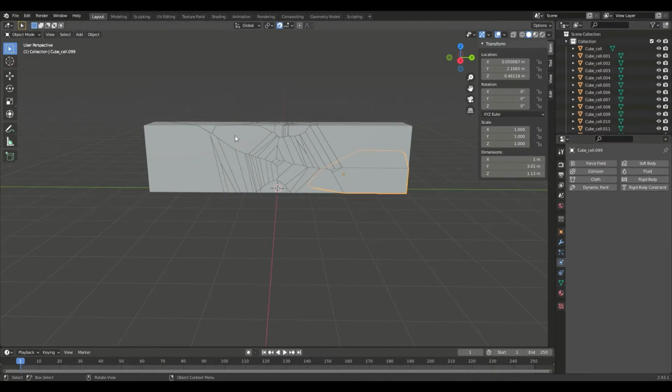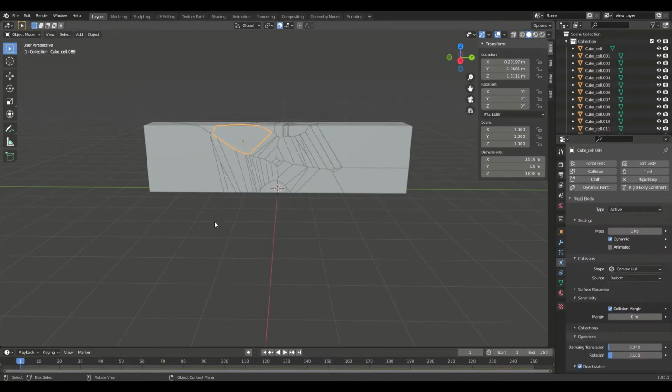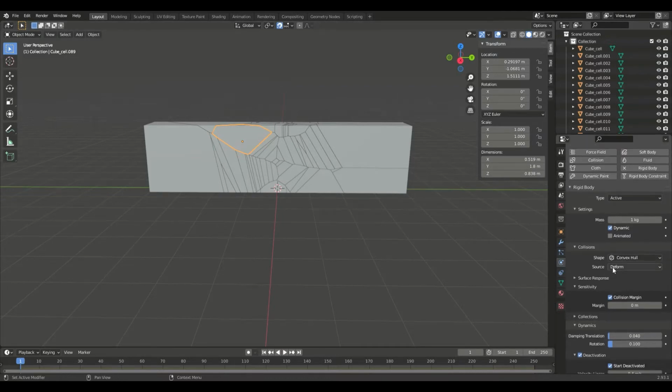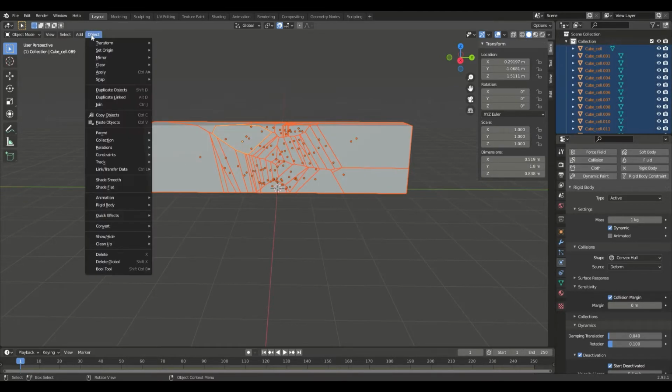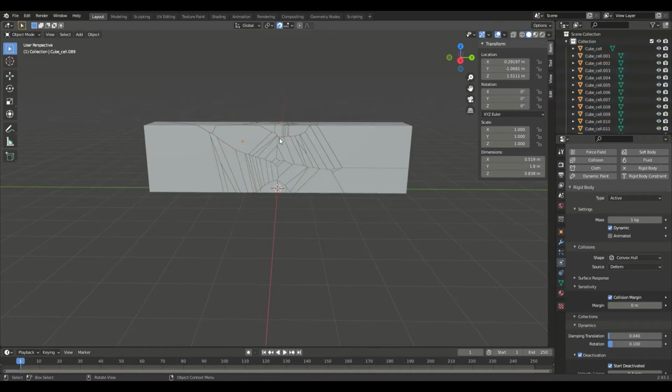So you're going to select your piece that you just added these physics to, and then after that you're going to select all of them. Then you're going to go to Object, Rigid Body, Copy from Active. That's going to copy all of our rigid body physics to each of the pieces.